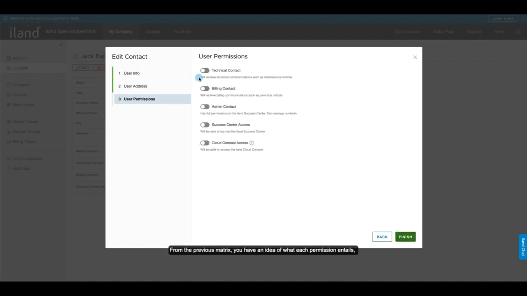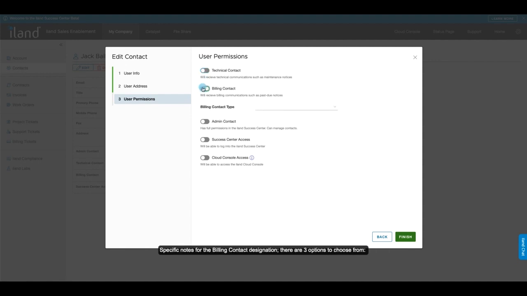From the previous matrix, you have an idea of what each permission entails, but all you must do is click on the toggle for the permissions that you would like to provide for the contact. Specific notes for the billing contact designation: there are three options to choose from. Contact Only provides access to billing information, but they do not receive invoices. Secondary Contact means that they will be copied in the invoicing emails, and then Primary Contact makes them the primary